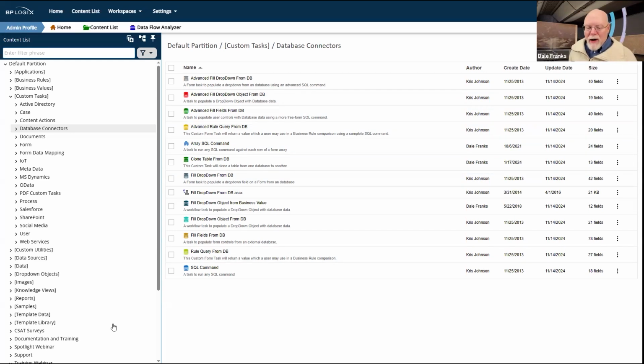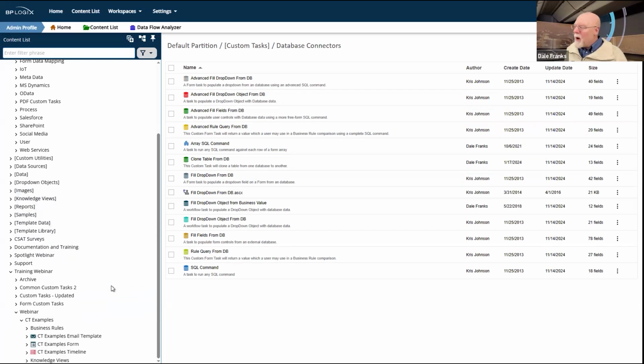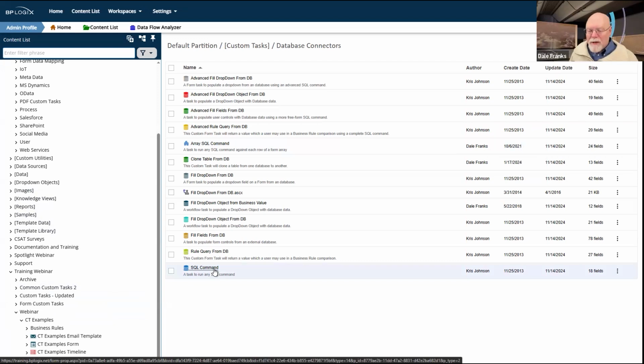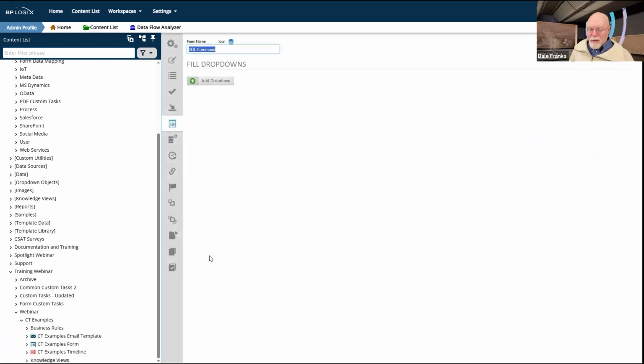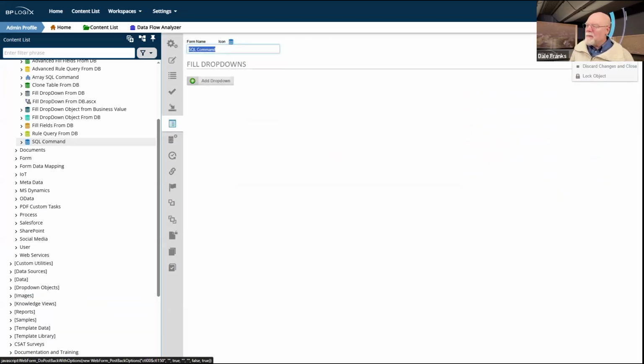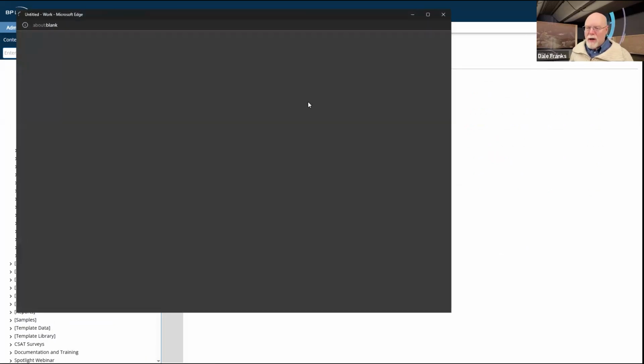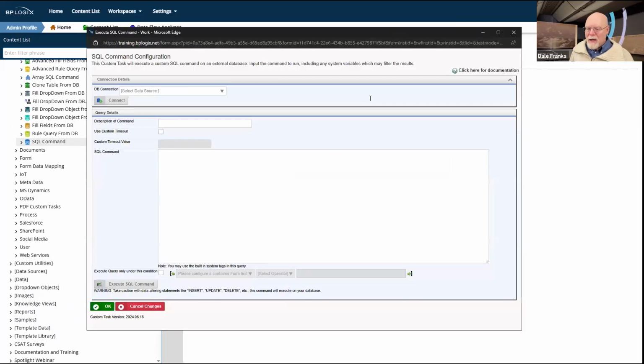The other question to ask is, well, where do I use? Well, actually, that's not the other question. There was something else that I wanted to talk about, and I have it in my notes here, and it looks like I just skipped past it. And that is CT version numbers. If you open a custom task's configuration screen, and I'm just going to do the preview here to open up this particular custom task. Custom tasks,